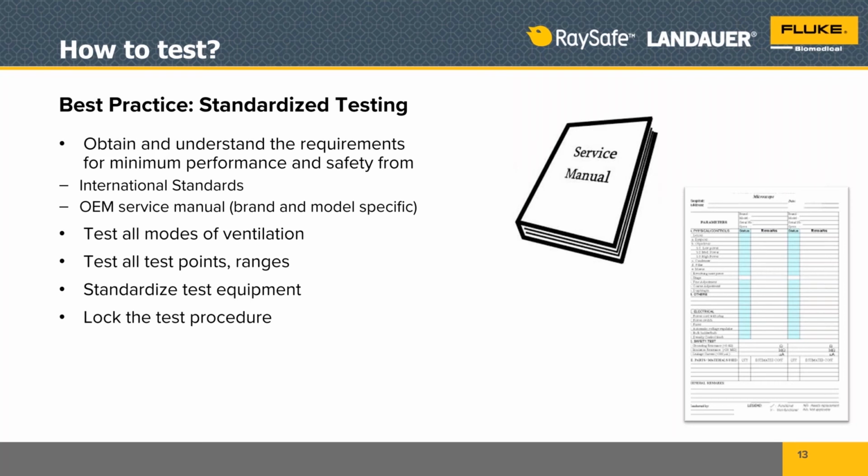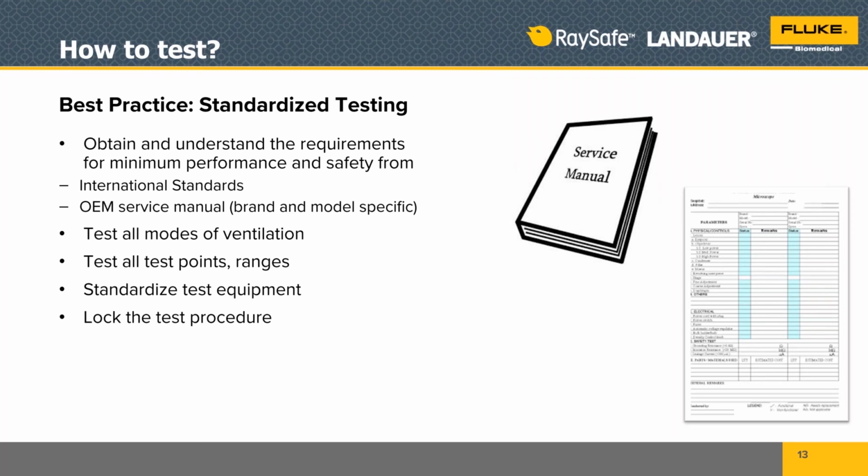So you need to figure out what is the right amount of test from the OEM service manual. What does the OEM recommend that you do from a preventative maintenance standpoint each period? And we'll talk about periods here in a minute, whether that's once a year, twice a year, whatever you come up with. But you need to test all modes of ventilation, test all points and ranges, use standardized test equipment so that you get similar measurements between technicians, and also lock the test procedure. And what we mean by that is some kind of version control that says everyone each year, unless there's a good reason to change it, ought to use the same test procedure so that you can assure that it's consistent